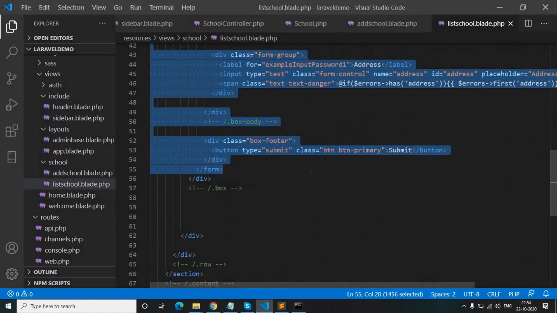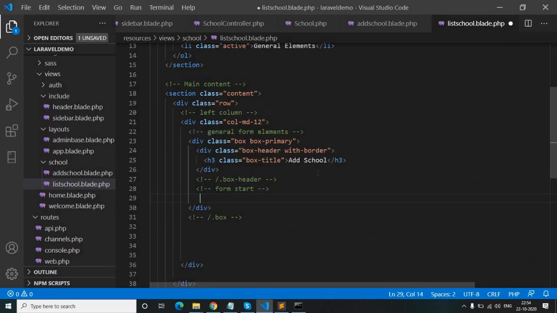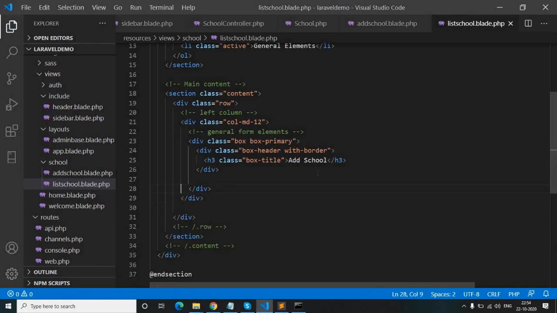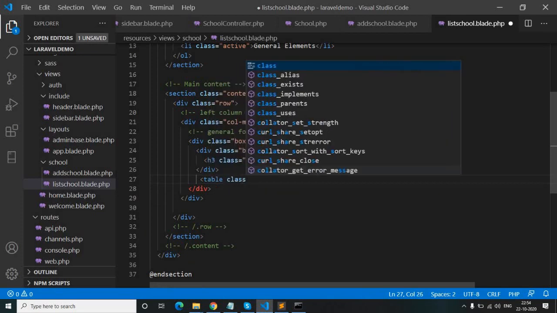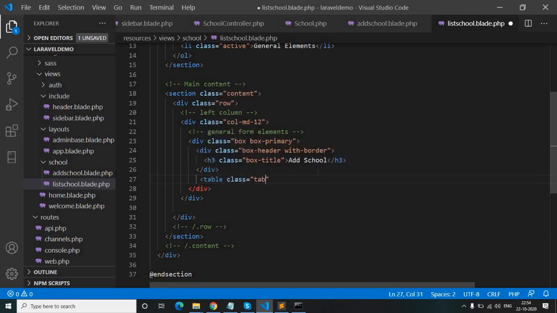And here we will create a table. Table class is equal to table and table responsive.